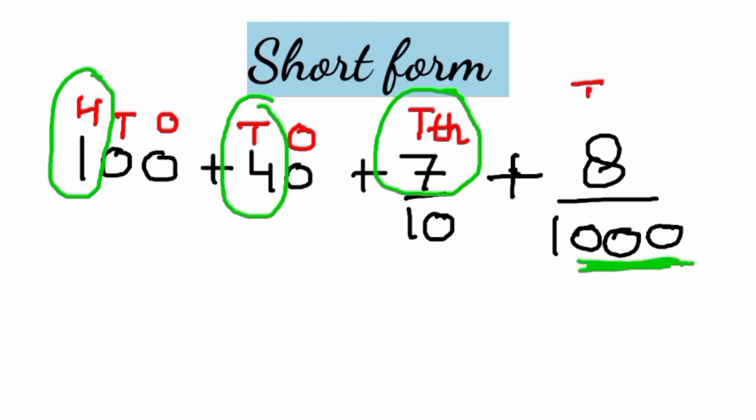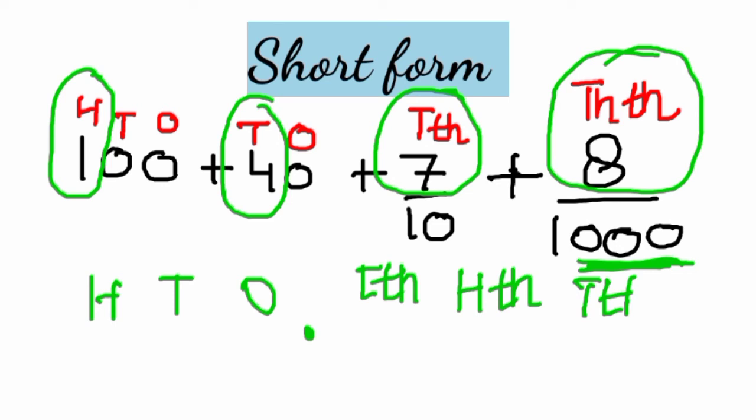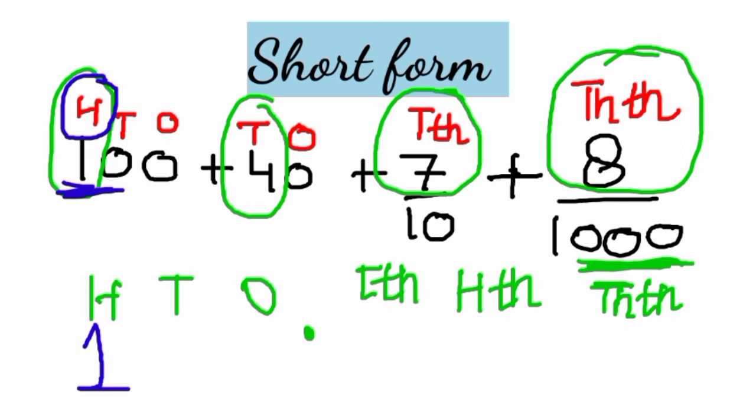Upon 1000. It means this will be at thousandth place. That means after decimal. Right? So write the places ones, tens, 100. After decimal maximum place is 1000. So write here tens, hundreds, thousands. Right? Now 1 is at 100 place. So put 1 at hundreds place. 4 at tens place. 7 at tenth place. Denominator is 10.